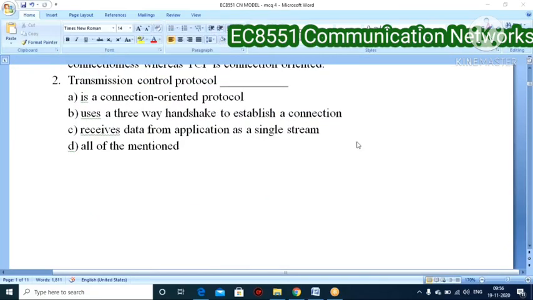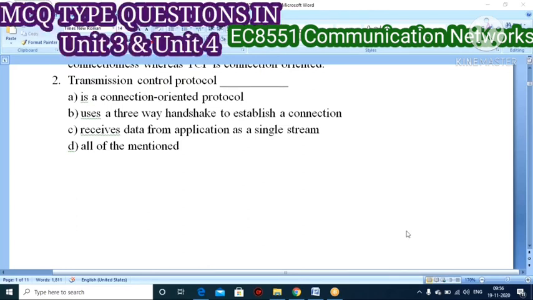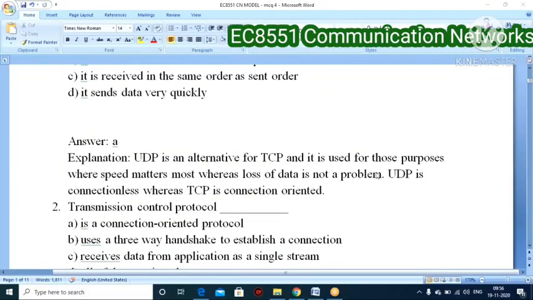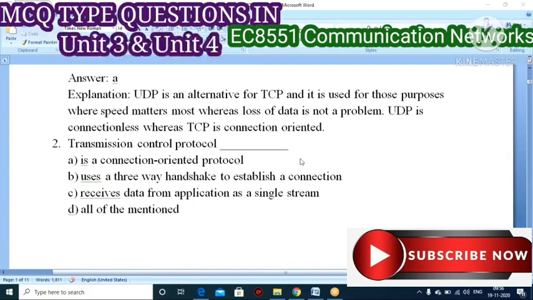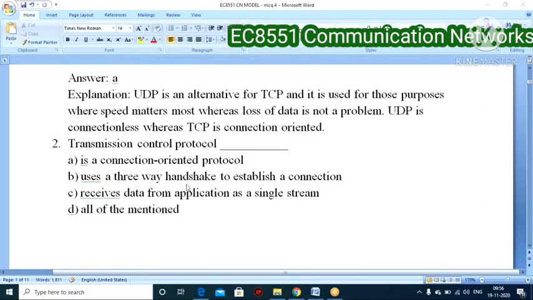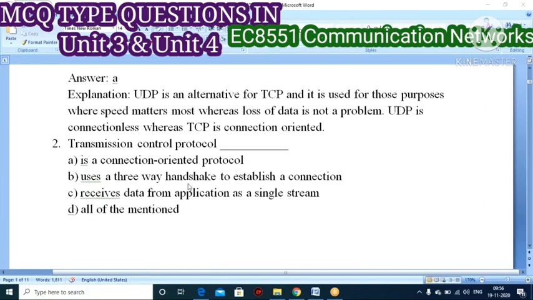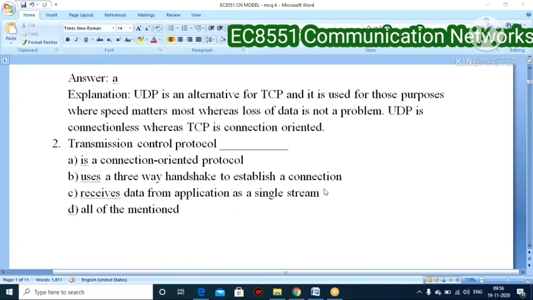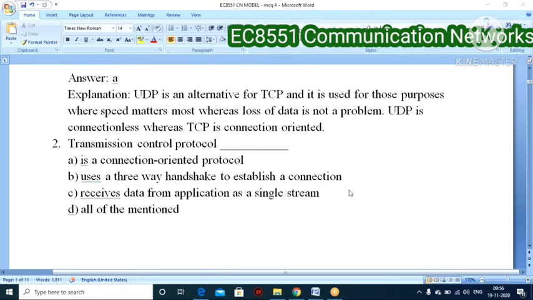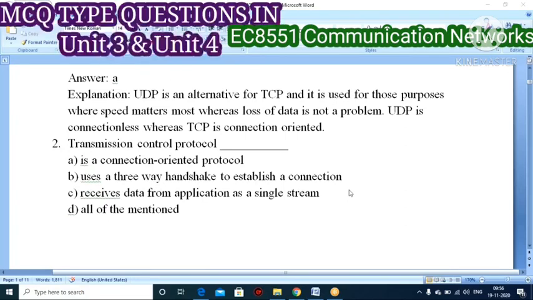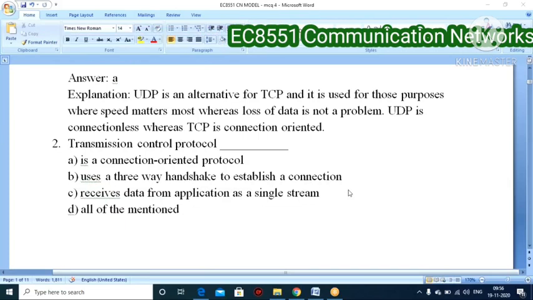Because TCP is connection oriented, as I said earlier. When we saw the first question, UDP is connectionless, which means definitely TCP is connection oriented. So the first one is correct. Connection oriented, here you are seeing the TCP protocol. It is done by three-way handshaking, that is how the connection is established. First the connection should be established, then it waits for an acknowledgement, and once it gets the acknowledgement, only then does it start to transmit your data from sender to receiver, isn't it?